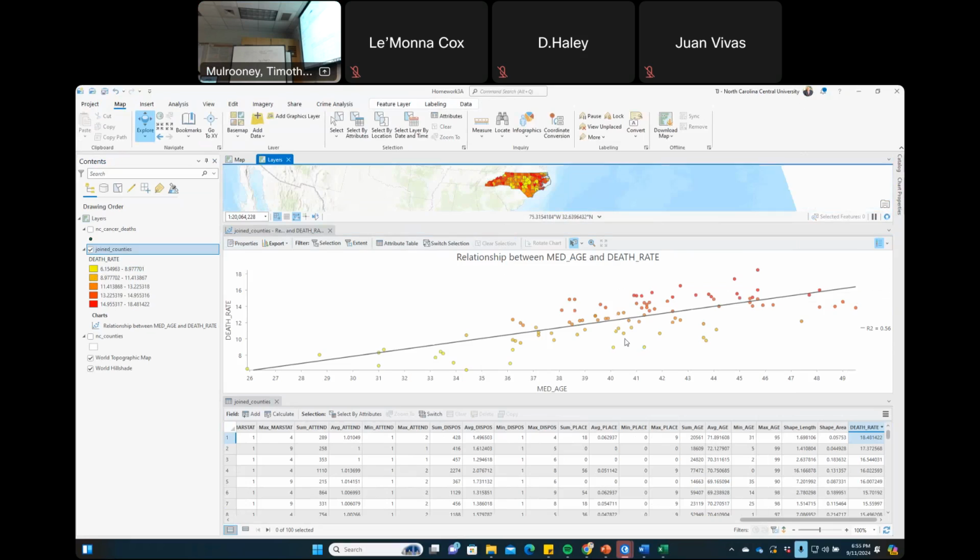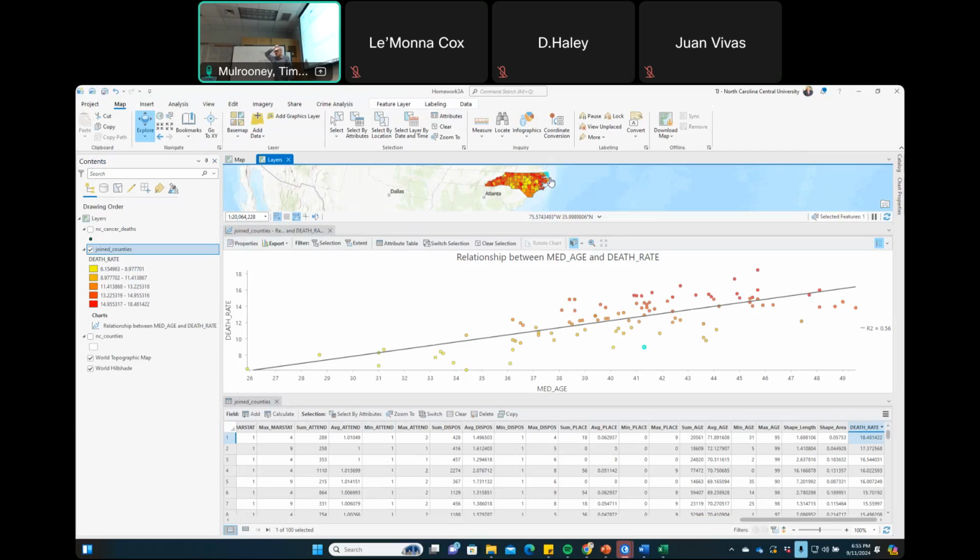This is, I believe, Camden County or Currituck County right here. It's got a median age of a little over 41, and it's got a death rate of about 9. Because these are different scales. This is years, this is per 1,000 people.